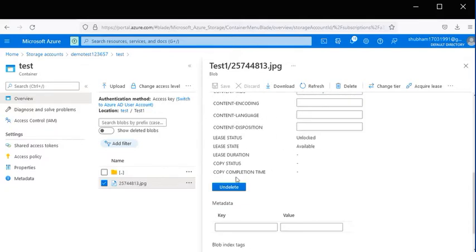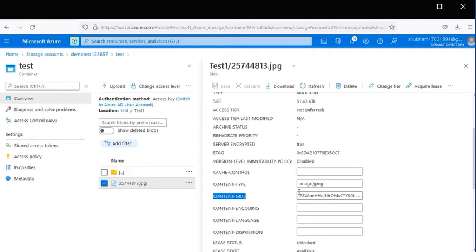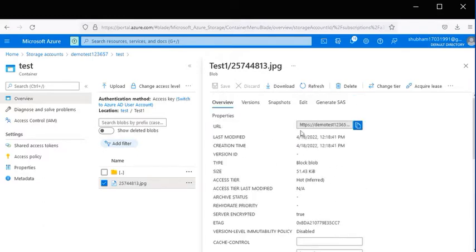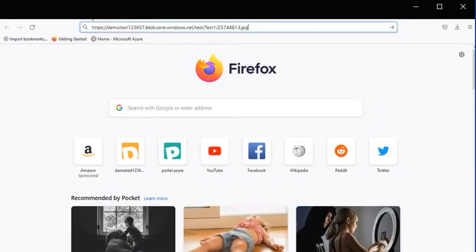So if you can see here, it's basically a hash key, a unique identity for your blob file. So this is the URL. If I go here and search it,